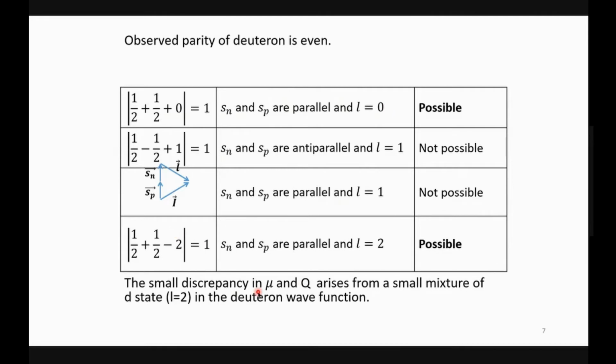So before discussing that point, let me first discuss the diatron wave function and its solution, and whether the diatron has any bound excited states or not. So that aspect we will discuss first, and then we move on to the discussion of the magnetic and electric quadrupole moment, and if possible about the NP scattering.